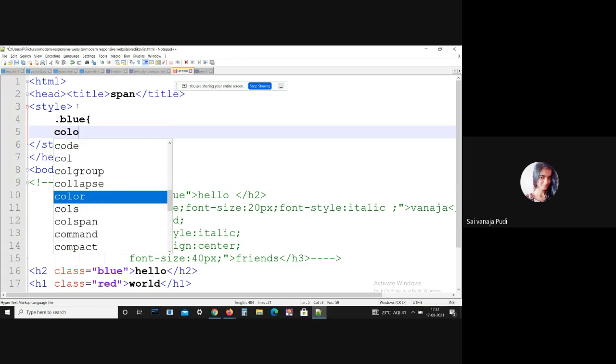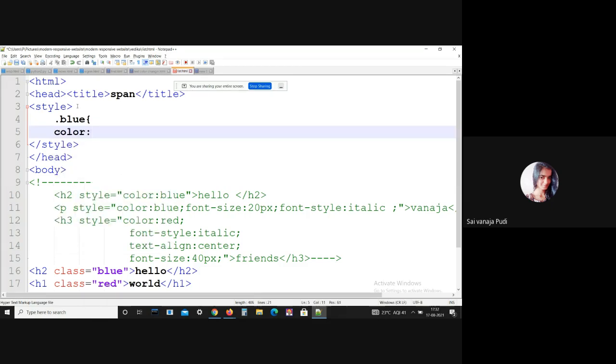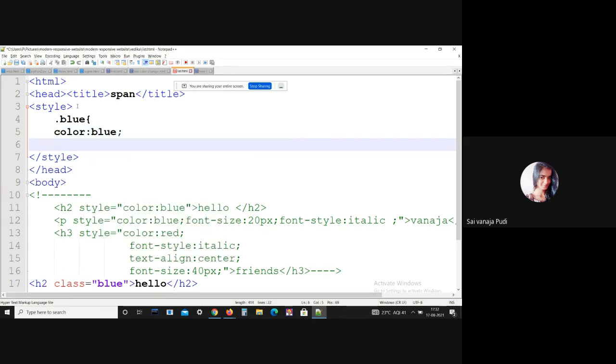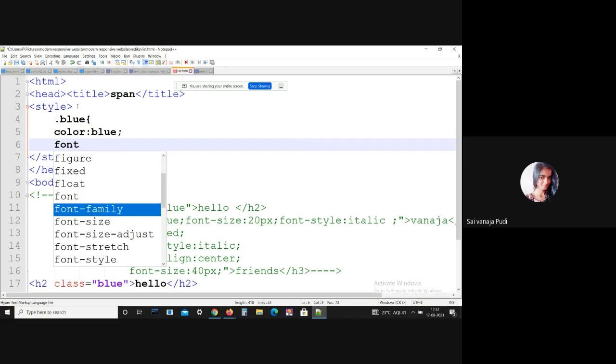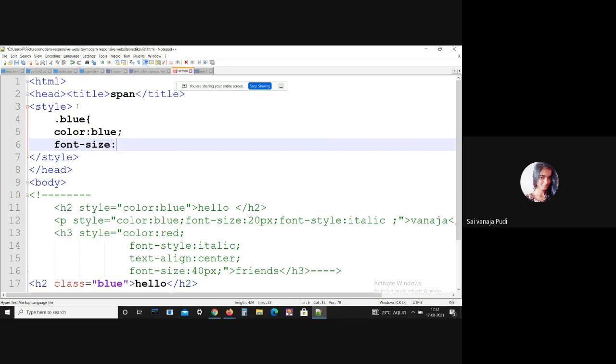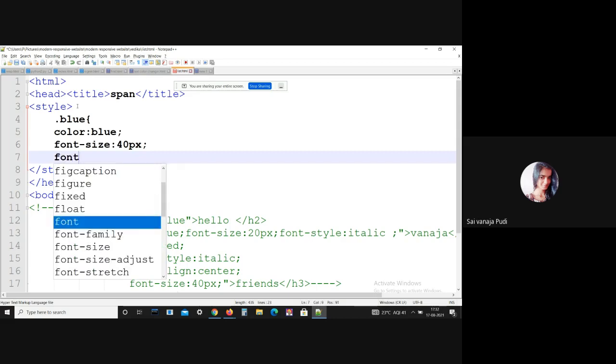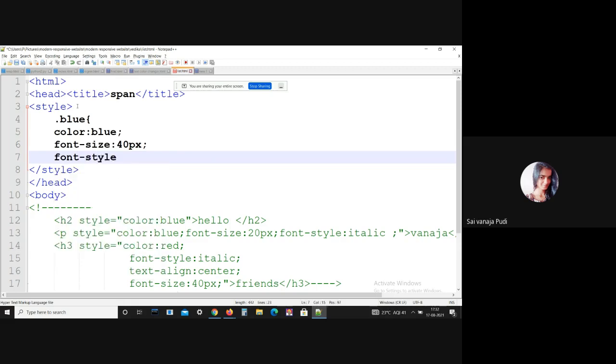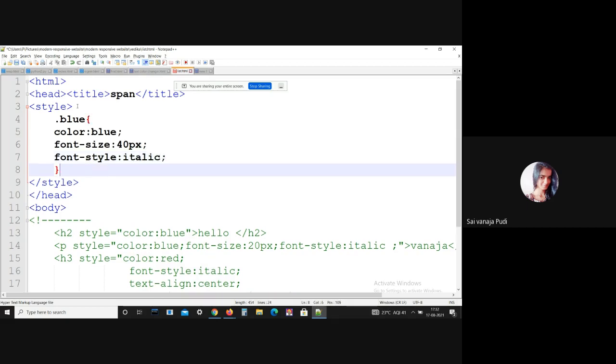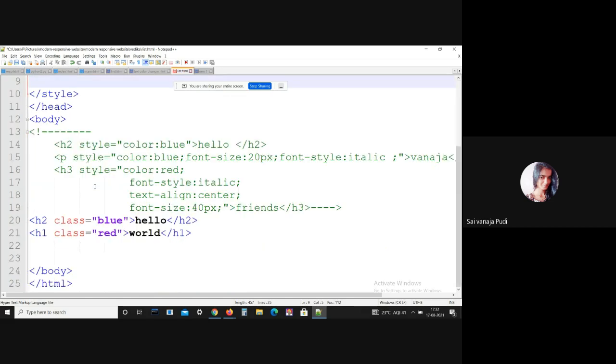Here I just want to give color blue, followed by font size of 40 pixels, and followed by font style, that is italic. That's it. After that, you should close your braces. And this is all for the h2 tag.